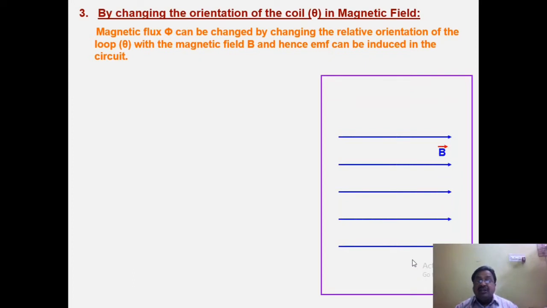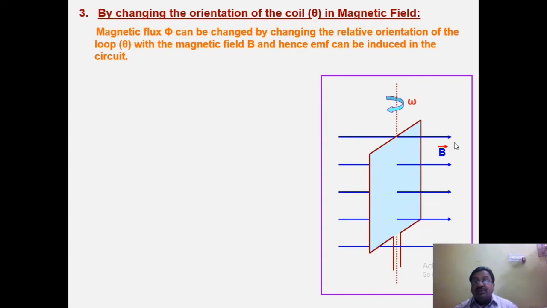You see, this is a uniform magnetic field represented by lines of force which are parallel to each other. The field B is uniform, represented by equispaced and parallel lines of force. The arrow mark gives the direction of the force. Here suppose there is a rectangular loop as shown in the figure. Here suppose it gets rotated through an angle theta with angular velocity w.